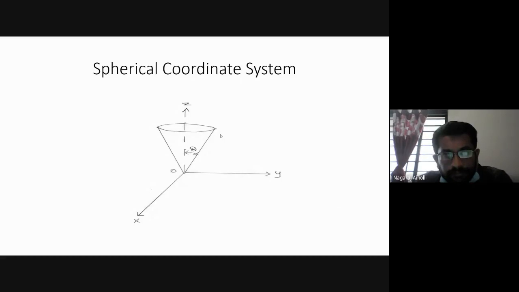Any idea? Okay. The meaning of a right circular cone: the line that joins the vertex or apex of the cone to the center of the base of the cone. This is the origin, right? This cone has the vertex or the apex at the origin. From this vertex, there is a line joining it to the center of the base.